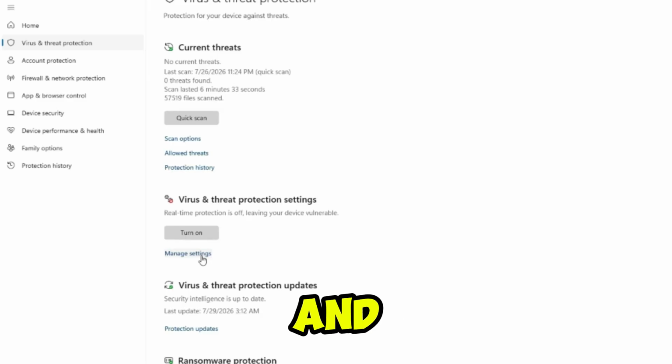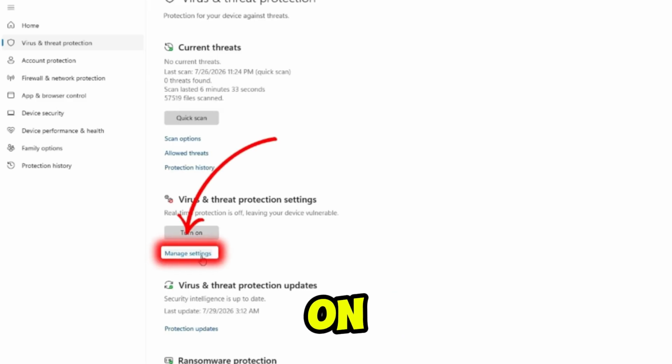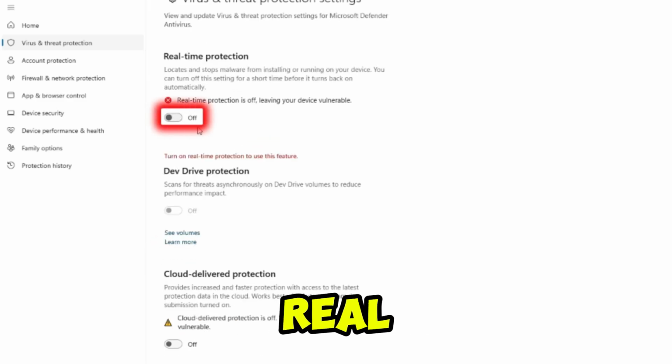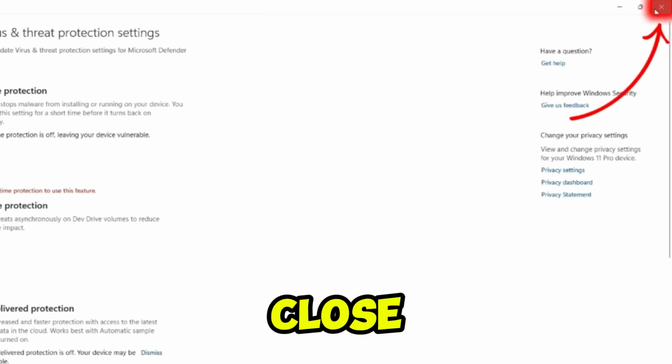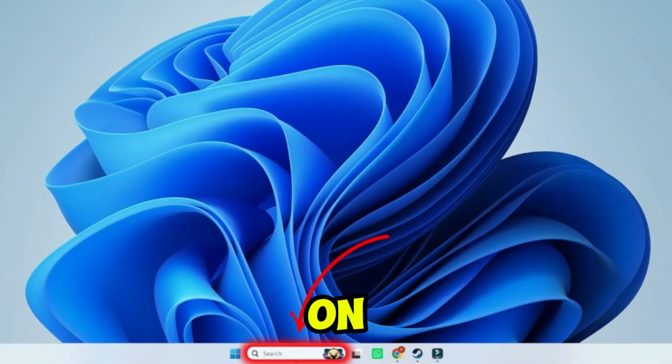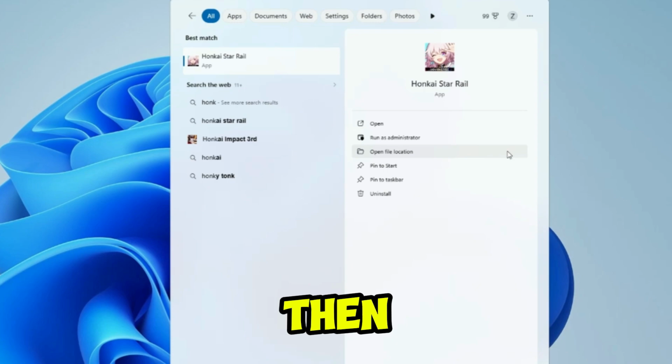Now in virus and threat protection settings, click on manage settings and make sure real-time protection is toggled off. You have to do this every time when you start your PC. After this, close it and again from desktop, click on search and type your game name, then click on open